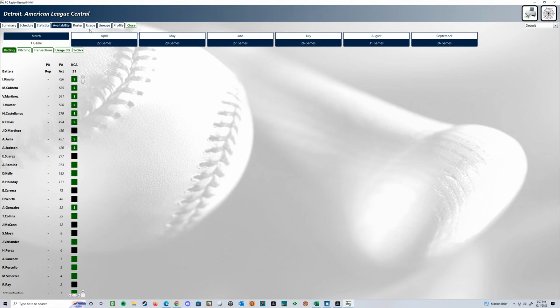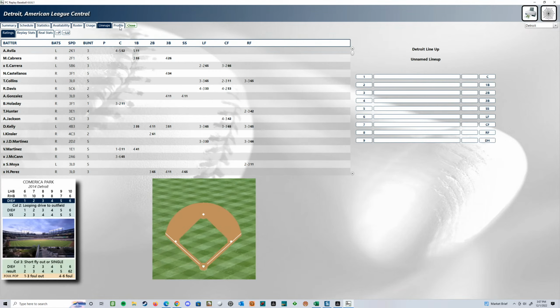And this game has a lot of options in here as far as lineups. Comerica Park. So it looks like they're taking in ballpark factors. So the ballparks matter. Well, that's always cool. We've got bunt ratings, speed, 2K. I have no idea what any of this means. I don't know what's good or bad, so that'd take me a while. I'm going to have to get used to that.